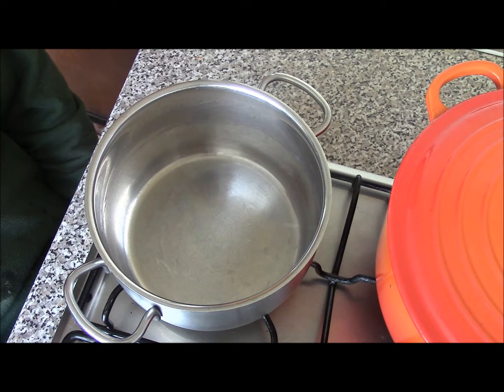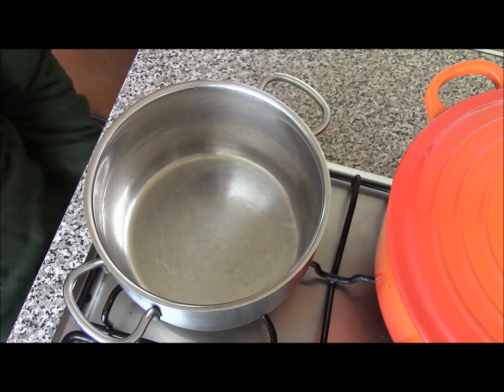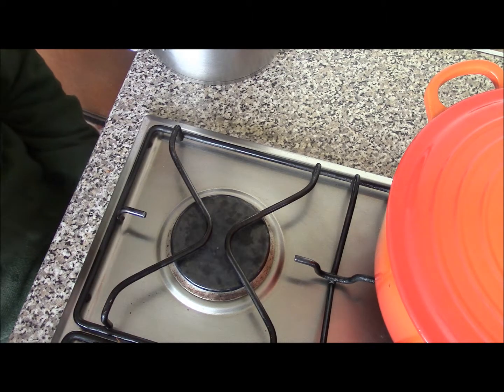Today I'm making lasagna and I'm going to be using the ragu sauce I made in a previous video. There are many recipes for lasagna. This is my own particular take on it. It's fairly simple. So I'm going to make a bechamel sauce